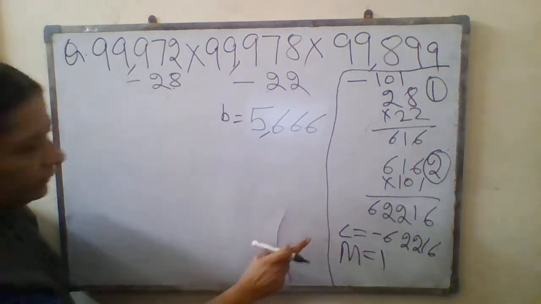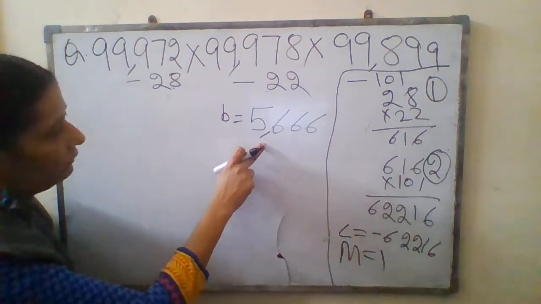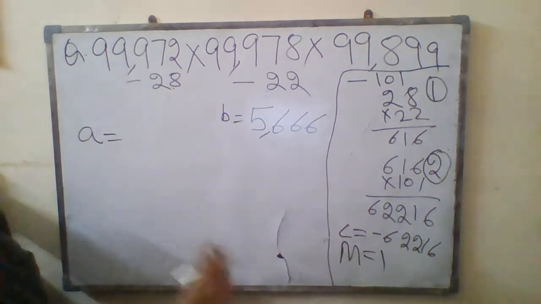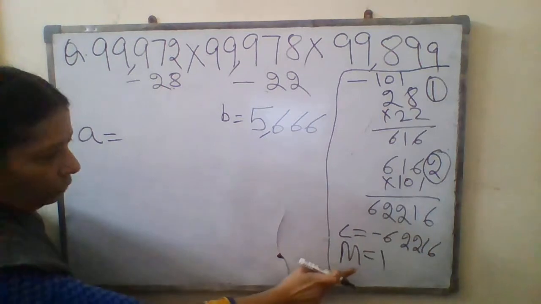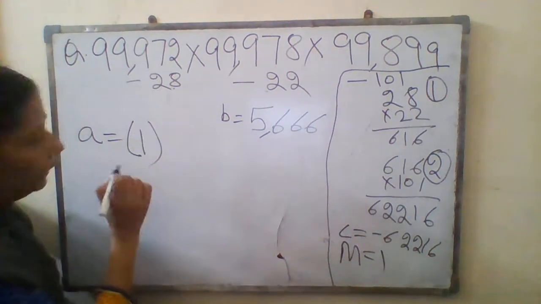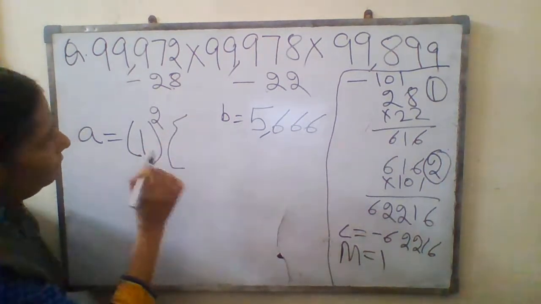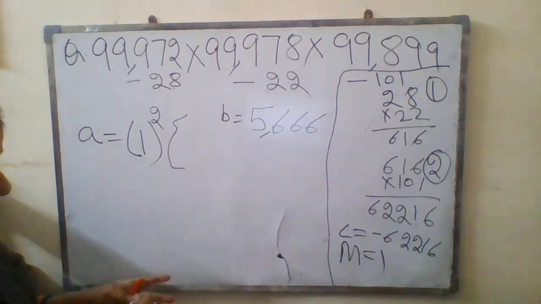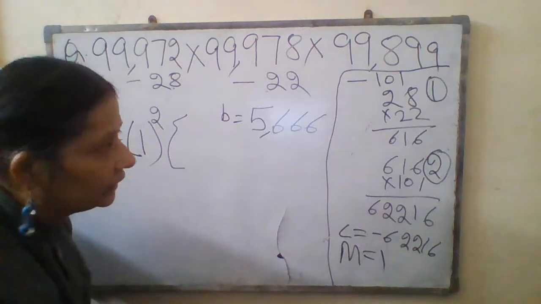Look here. Here I have written separately the value of C. Here I have written the value of B. Now you have to find out the value of A. To find out the value of A, now what is the multiplier here? Already you know that 1 is the multiplier. So write down the square of your multiplier, then in bracket. Now you see, here I am taking this last number to take. I have to make my calculation easy.